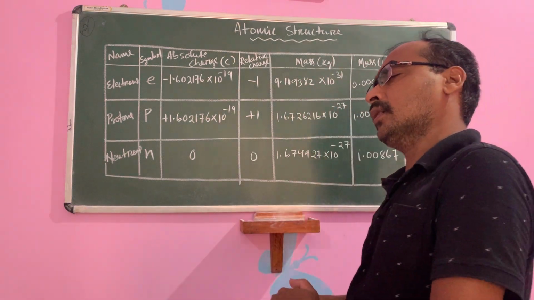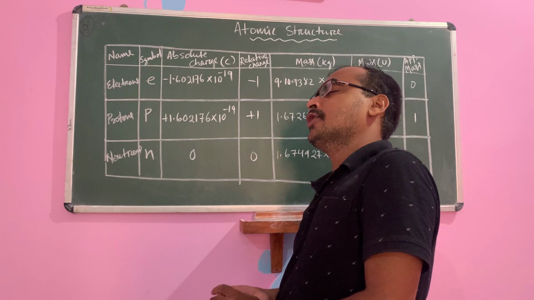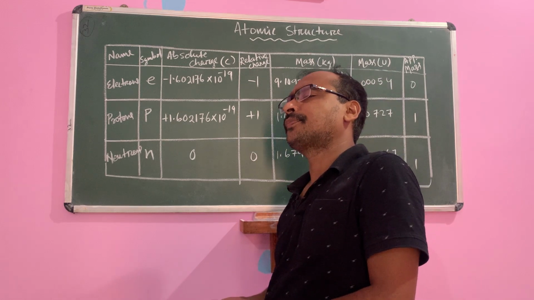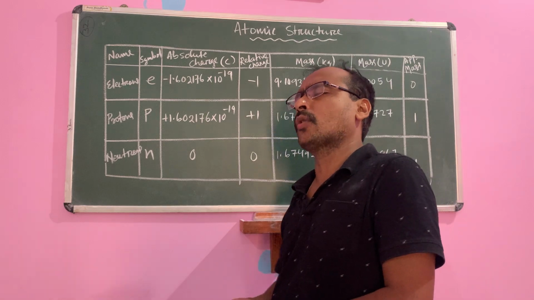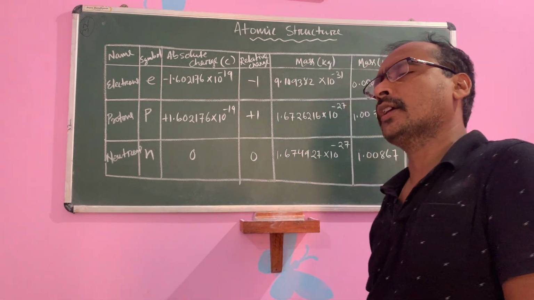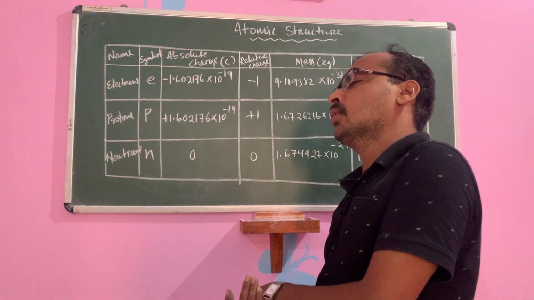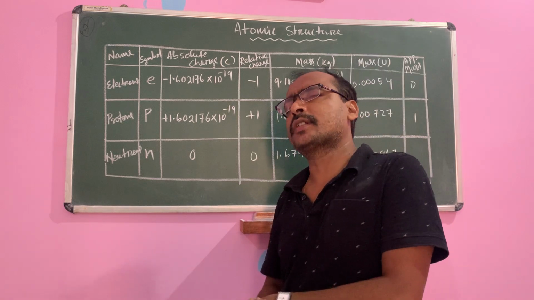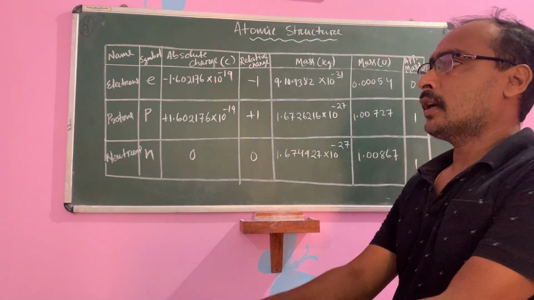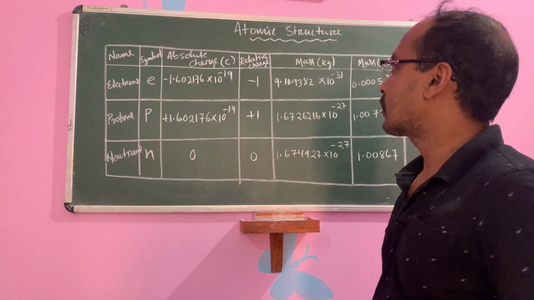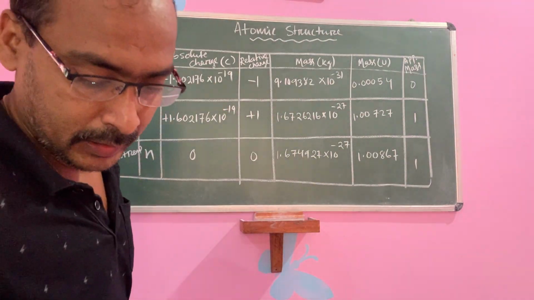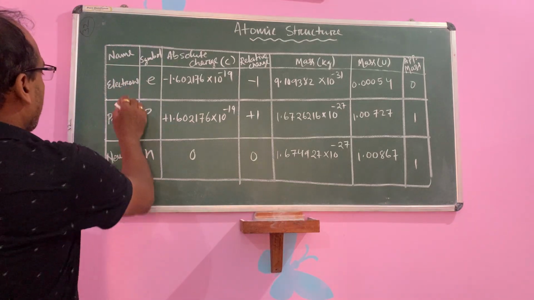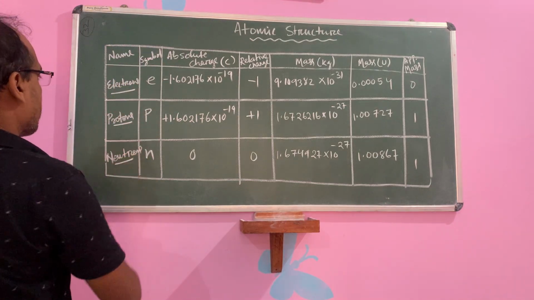Proton, Rutherford. Okay, then the neutron, that is James Chadwick. Rutherford and E. Goldstein also discovered the proton. Okay, Rutherford and E. Goldstein, and the neutron is by James Chadwick. So these are the concepts, that is the discovery of subatomic particles. These are known as subatomic particles. Okay children? So electrons, protons and neutrons.